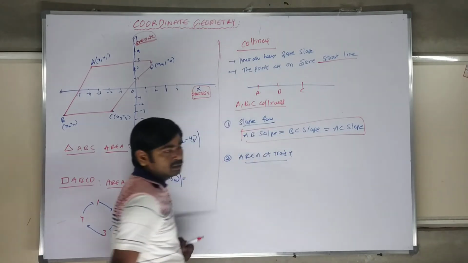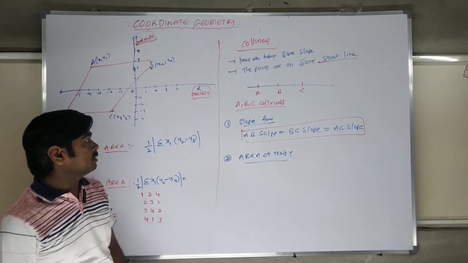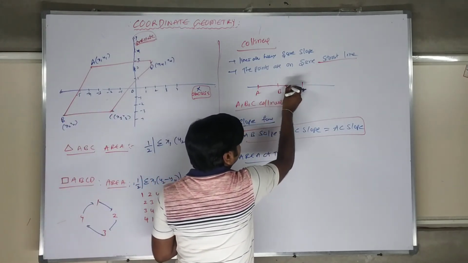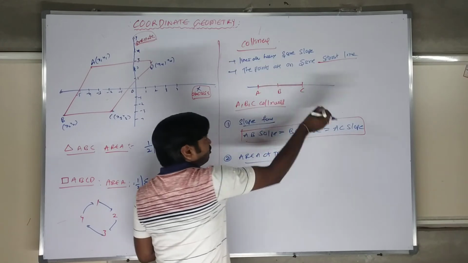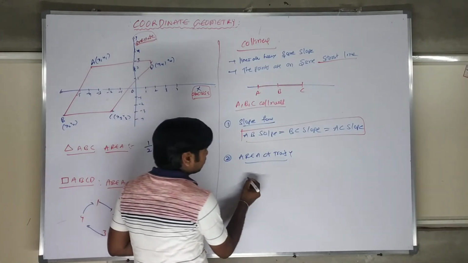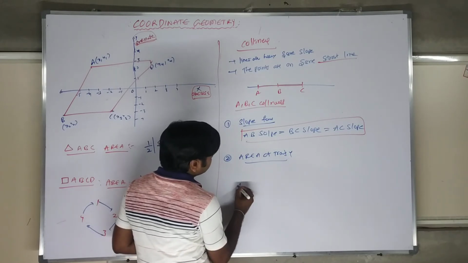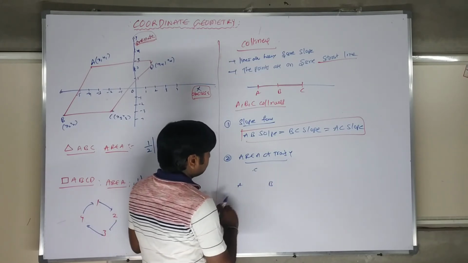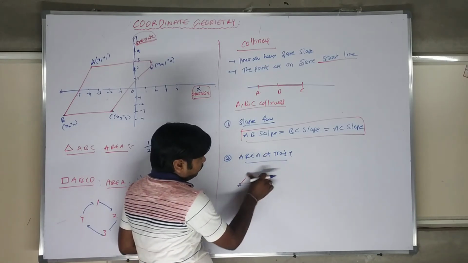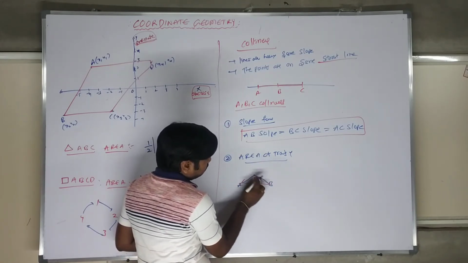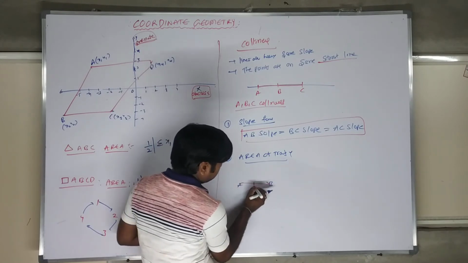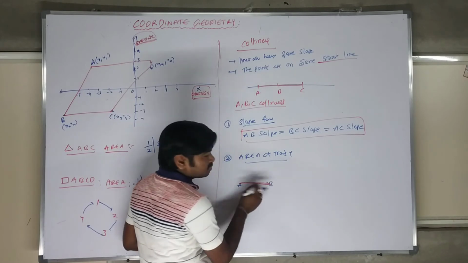If it is 3 points, these 3 points make one triangle. If the 3 points are collinear, how much area should come? 0. Let us say point A is there, B is there, C point is there. The moment the points are there, some area should come. But when the C point keeps on coming over here, on the line, the triangle area becomes 0.